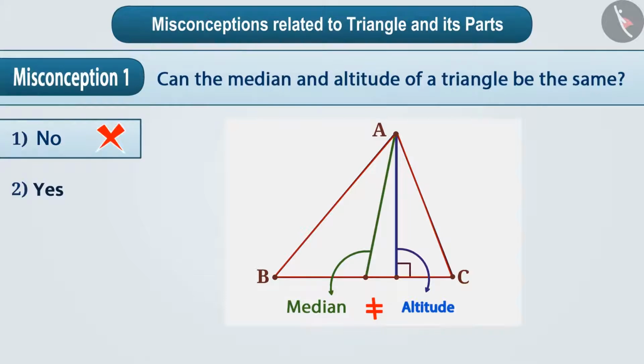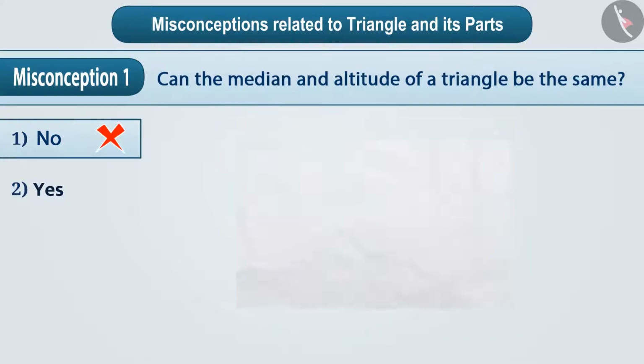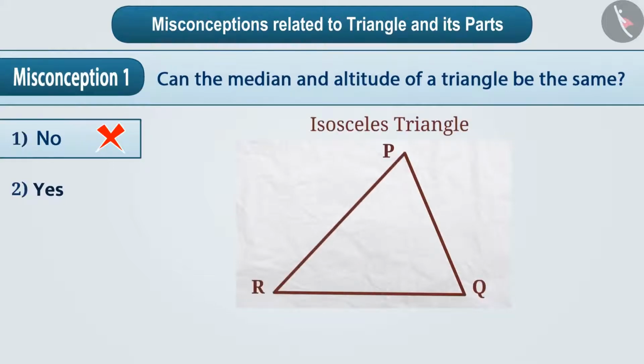Let us understand this with an activity. We draw an isosceles triangle PQR on a paper. You can see that the sides PR and QR are equal. Now we will cut this triangle. Now we will fold this triangle forming two equal parts of the side PQ. While doing this, ensure that the crease formed on side PQ passes through the vertex opposite to it, that is vertex R.